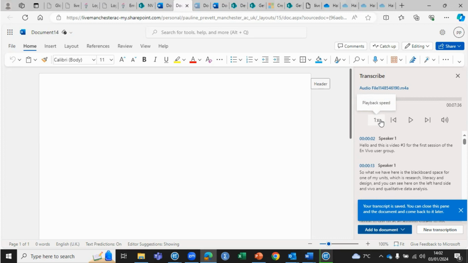Now, there's much to be said for using your own transcription and transcribing every word yourself, because that's part of becoming immersed in your data. So it can be very useful to need to listen and perhaps re-listen time and again so that you get the text correct. But it can take a long time, so often people are keen to have some help.